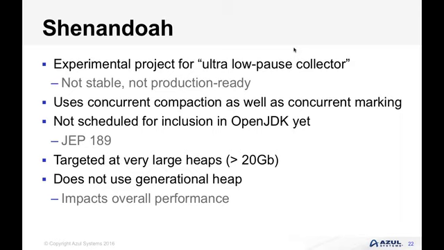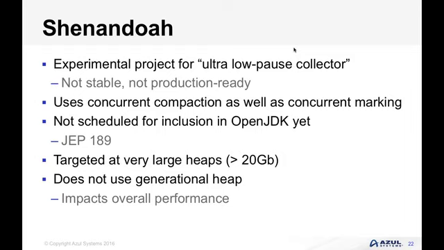This is targeted at very large heaps, greater than 20 gigabytes, so typically bigger than most people run on a reasonable number of machines. One of the interesting things about this is that they've decided not to go with a generational heap at the moment. They decided that they will keep the heap as a single region, and this does seem to be having an